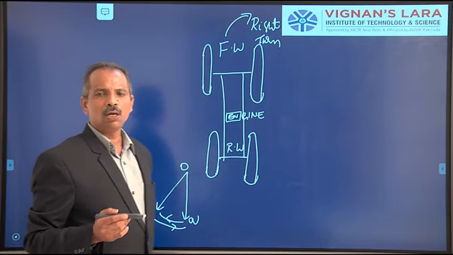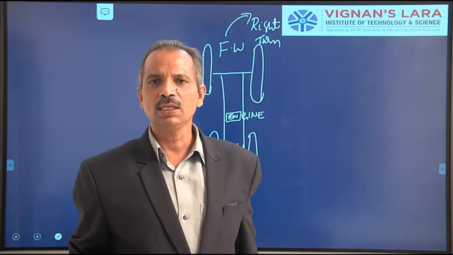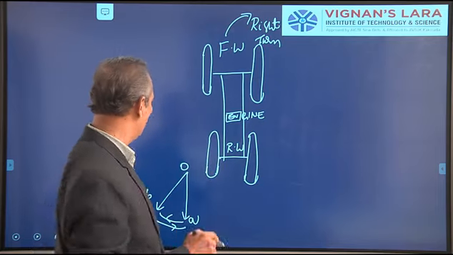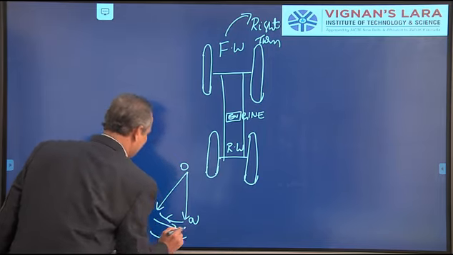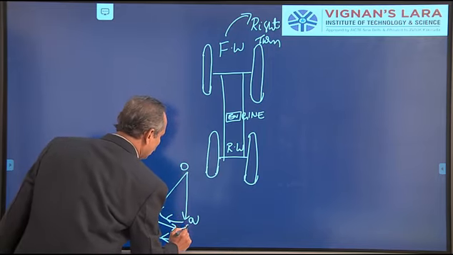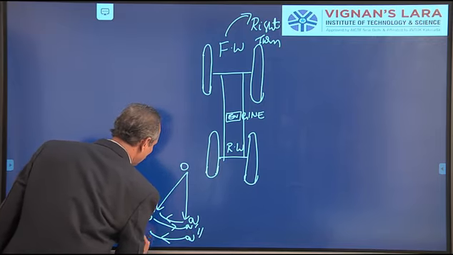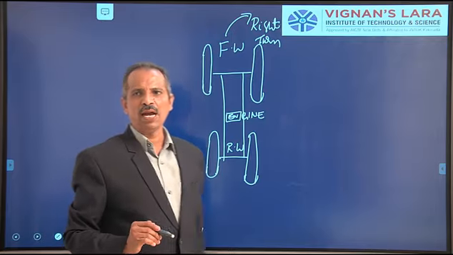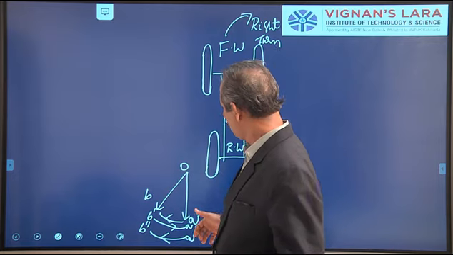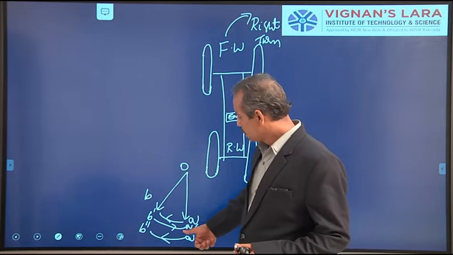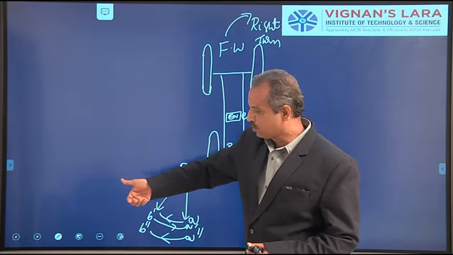Okay, so our objective is to find out the reaction by the ground. That means it should be opposite to the reactive couple. So this is A dash, B dash, this is A double dash, B double dash. So my objective is to know the sense of A double dash, B double dash. So let me apply my right hand thumb rule. So this is the arrow, and the arrow is moving like this.